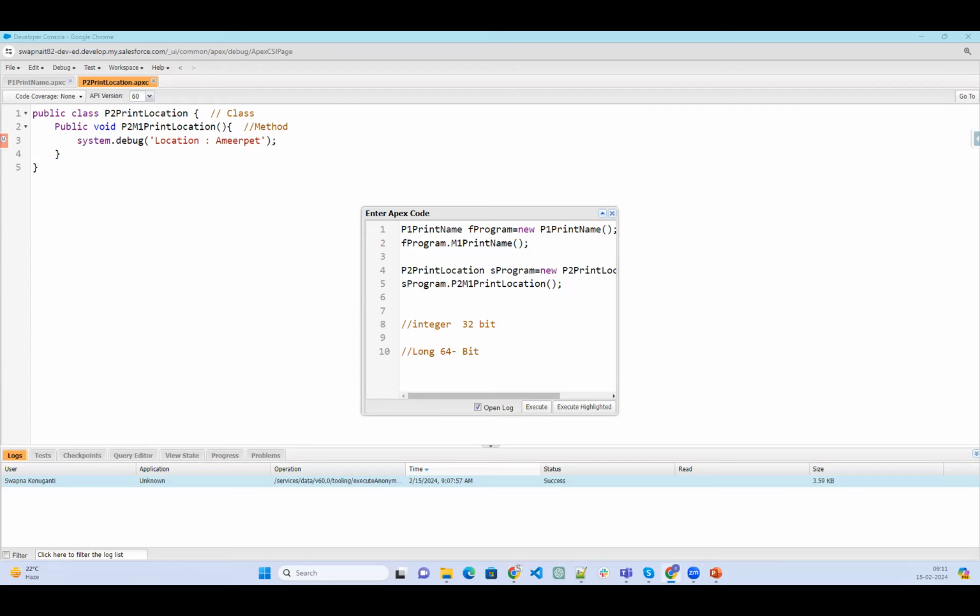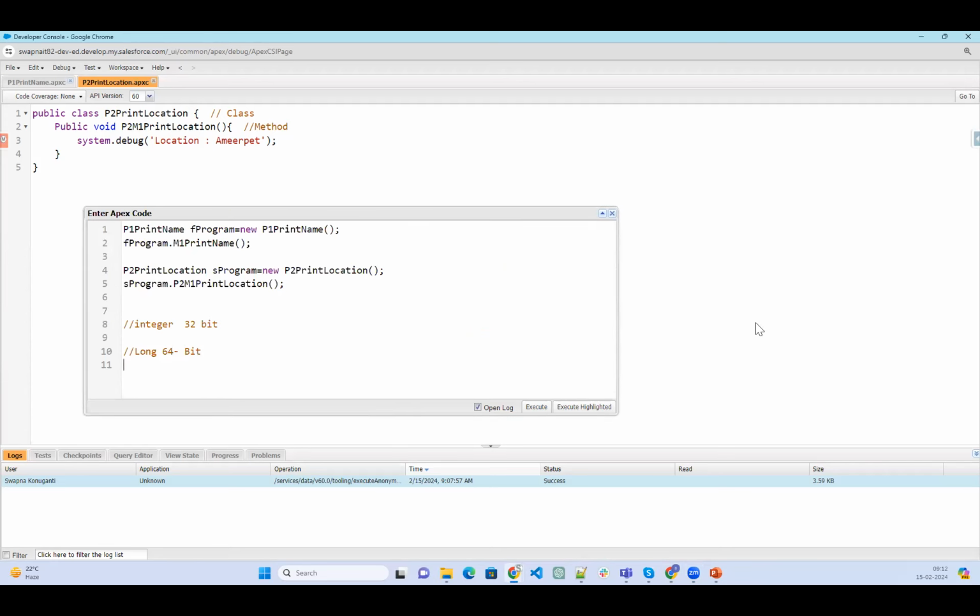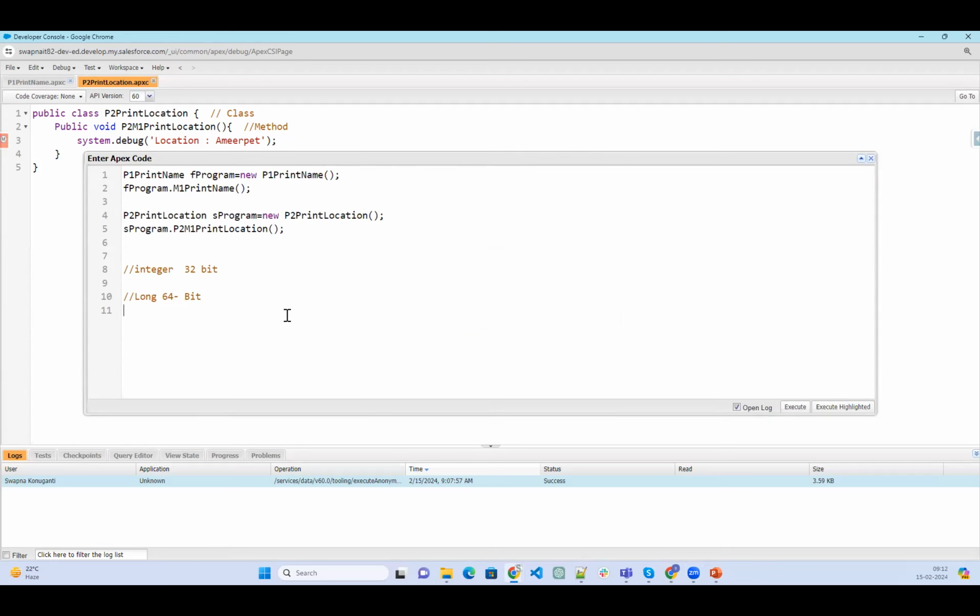Let's say, for example, I'm going to declare one integer. Integer I1 equal to 6477.